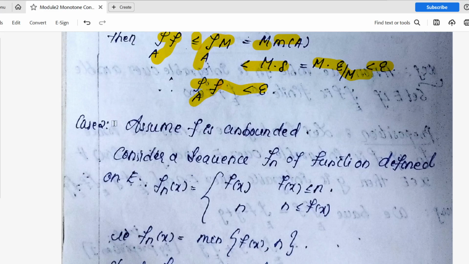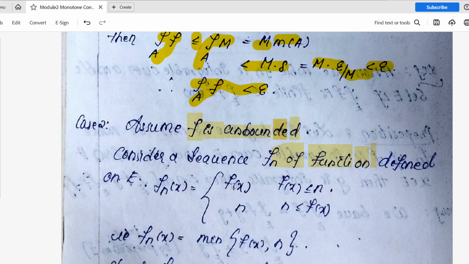So case 2, we assume that f is unbounded. So second case, we assume f is an unbounded function. Consider a sequence: f ഒരു unbounded ആണെങ്കിൽ we are going to consider a sequence fn. Okay, fn എന്ന് പറയുന്ന ഒരു sequence of functions define ചെയ്യുന്നു. fn is equal to f of x when f of x is,